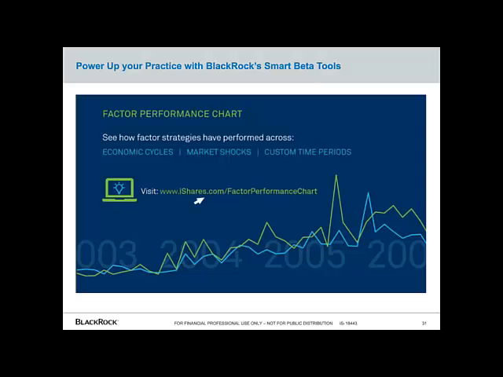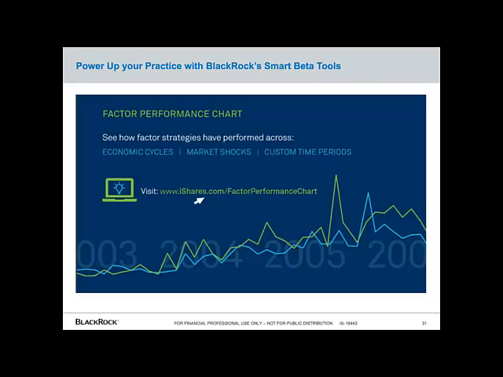And then finally, and I think importantly not to be overlooked, is really addressing client concerns. And by that I mean your client's concerns. So how can you take a strategy that is not a market cap weighted strategy and explain it simply to your clients? We've built tools to help address these three concerns individually. So the first is our factor performance chart.